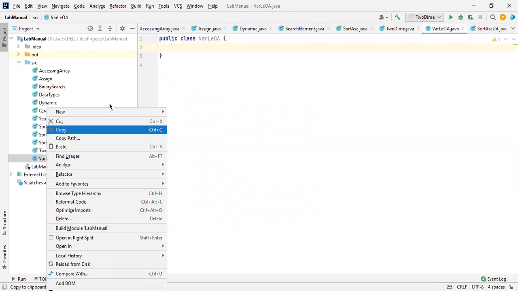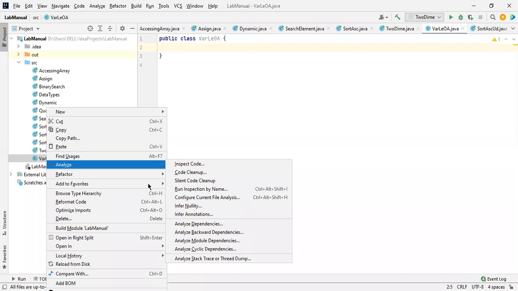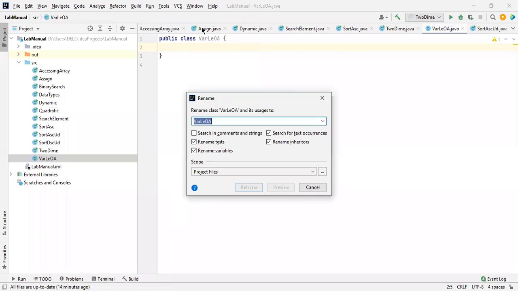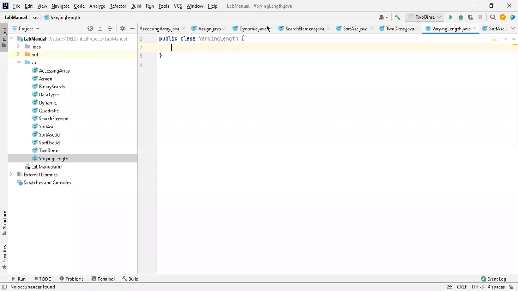Because this is an array topic, I will just change it to varying lengths. That was not a bit for our information point of view. Let me name it varying length. Okay, let me type public static void.